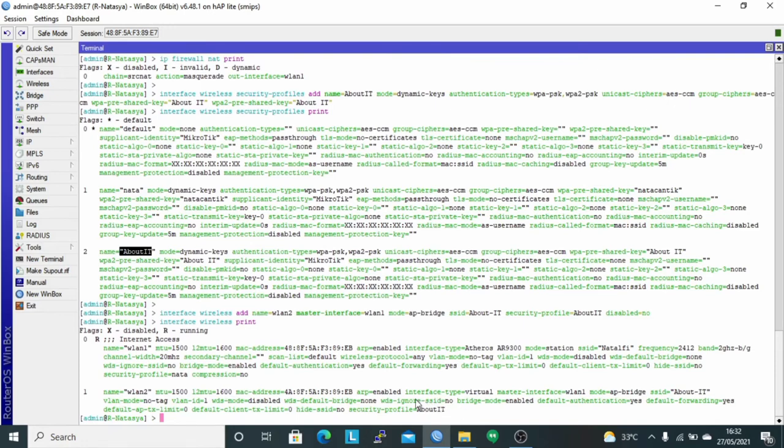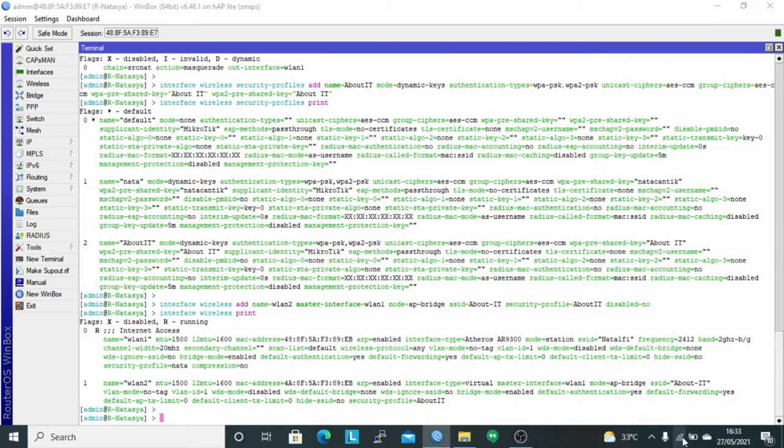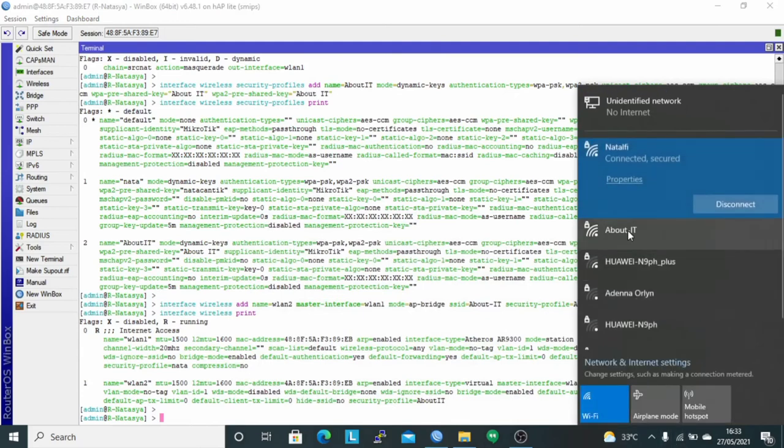And here the interface type is virtual and the master interface used is WLAN1, mode AP bridge, using the SSID about strip IT. And here using the security profile about IT. Then check on the laptop. It can be seen that the SSID about strip IT was successfully created.